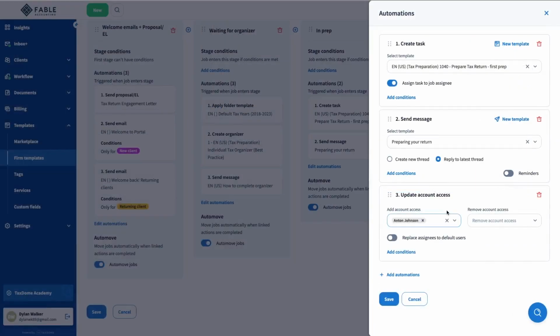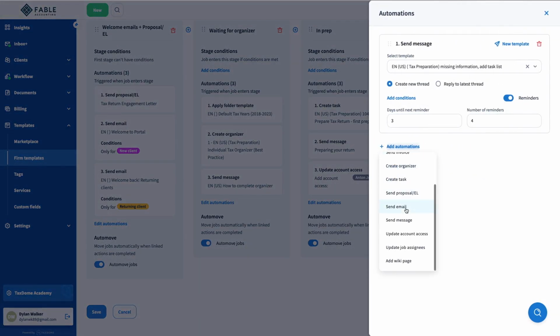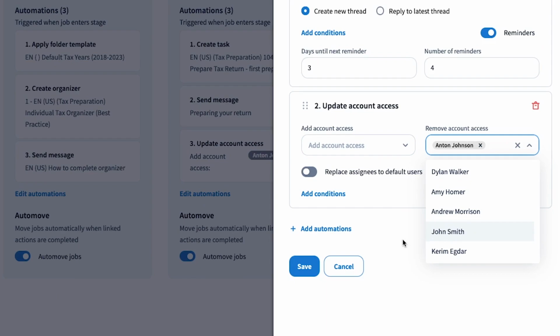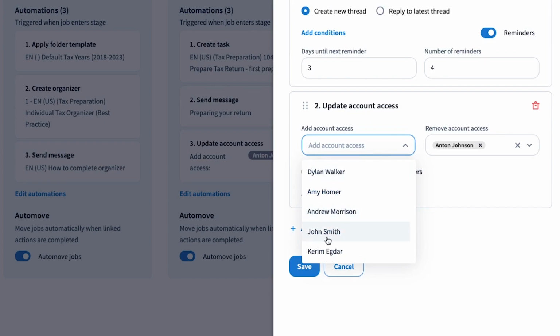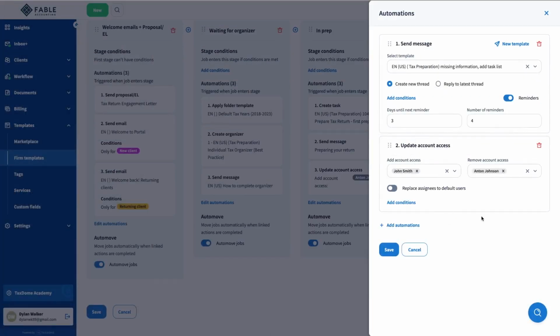This way, whenever a client job enters this stage, my preparer will be able to view the client's information and interact with them. Additionally, in the next stage, I can set up another Update Account Access automation, but this time to remove the account access from the preparer again. As part of the same automation, you can give access to someone else as you unassign the other team member. This way, my team members only have access to the client account when it's necessary, and I don't have to